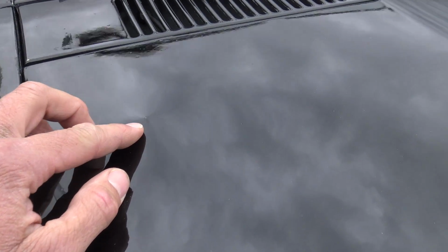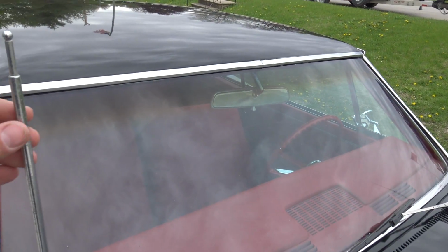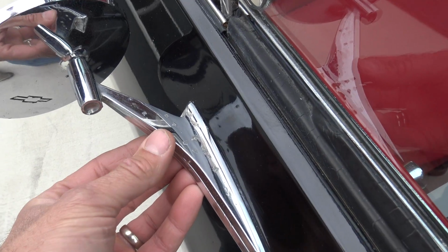As far as the top of the fenders go, really nice and clean. A couple little paint chips along here. It's got a little upward ding right here. Very small. Could use a new antenna. It's the original antenna. Same thing with the side view mirrors. I would replace them. They are pitted,